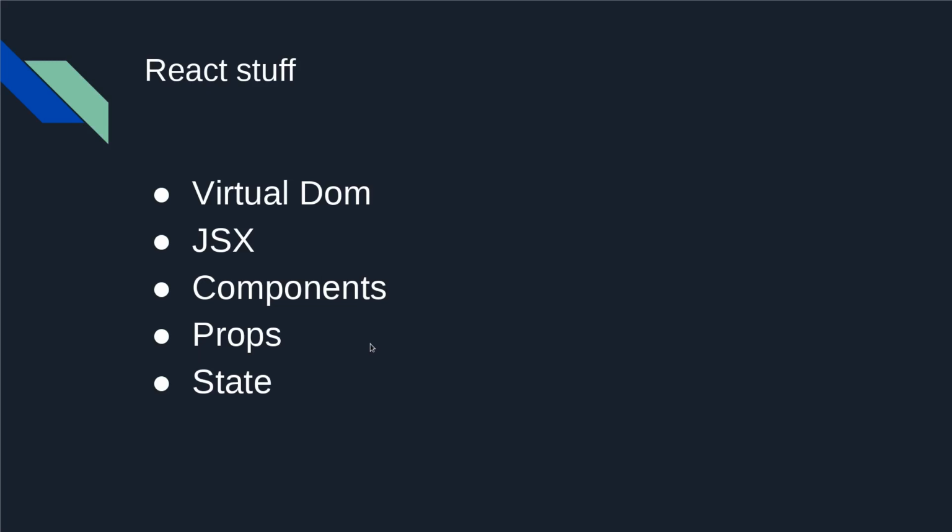It keeps track of all the elements and their positions and their state, meaning the data they contain within React, so that when you make a change, only that specific element is changed within the DOM, as opposed to the other way.